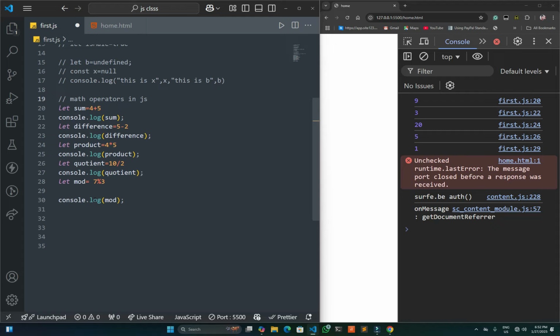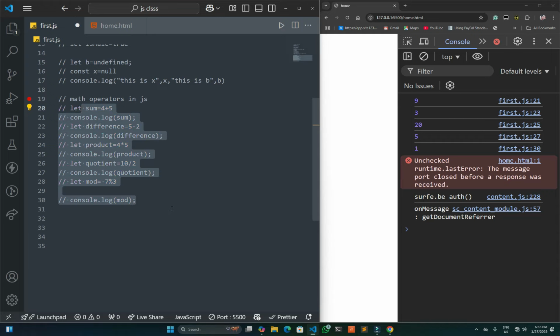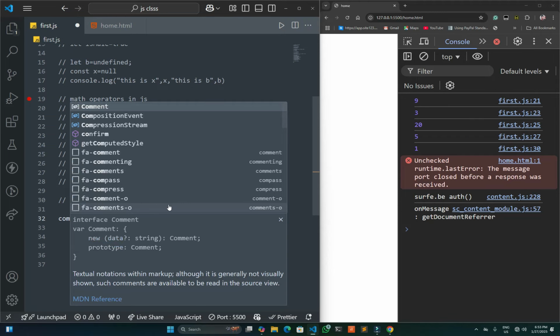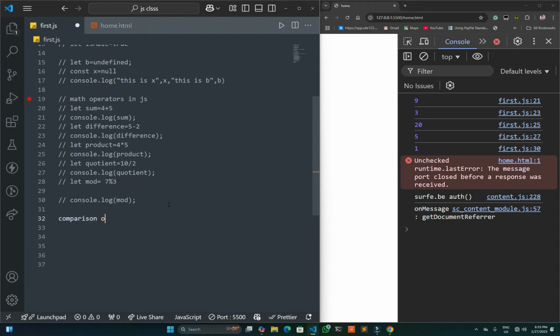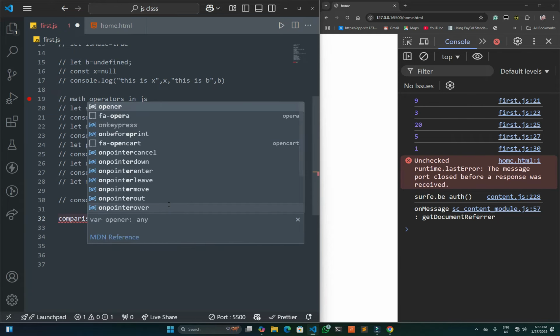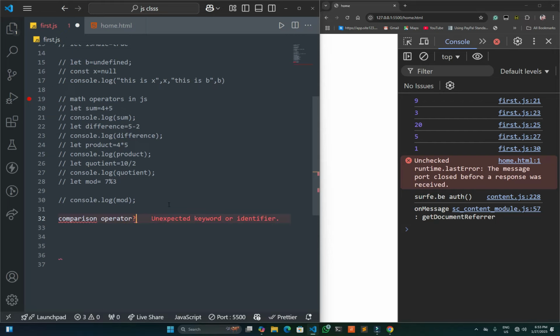Next, we will be moving to another type of operator. So next we'll be moving to the comparison operator. Alright, moving on to the comparison operator. I'm going to comment everything that we did, and let's see the comparison operator example. Oops, cannot do something like this. So for the comparison operator,